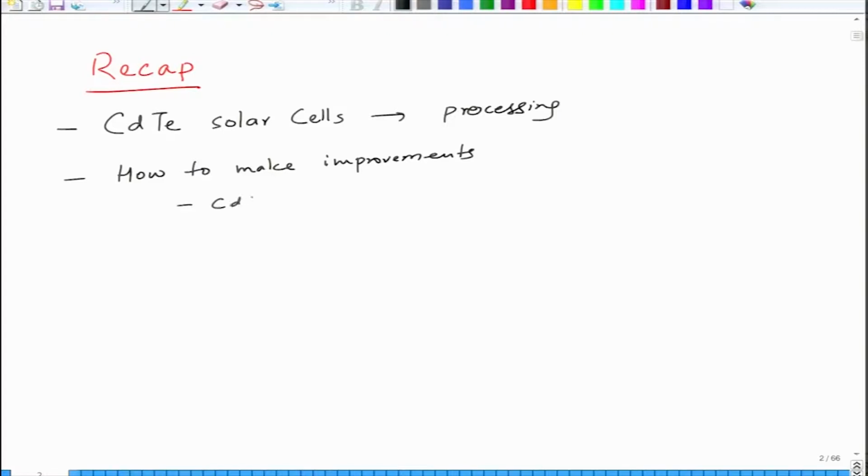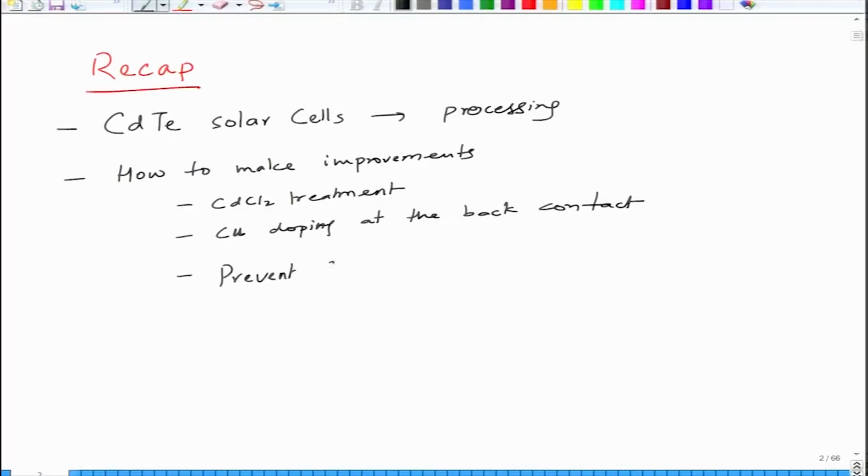So, one was CdCl2 treatment, copper doping at the back contact, and to prevent interdiffusion between CdS and CdTe. So, these are few methods which can improve the process, and then we saw the efficiency of this is